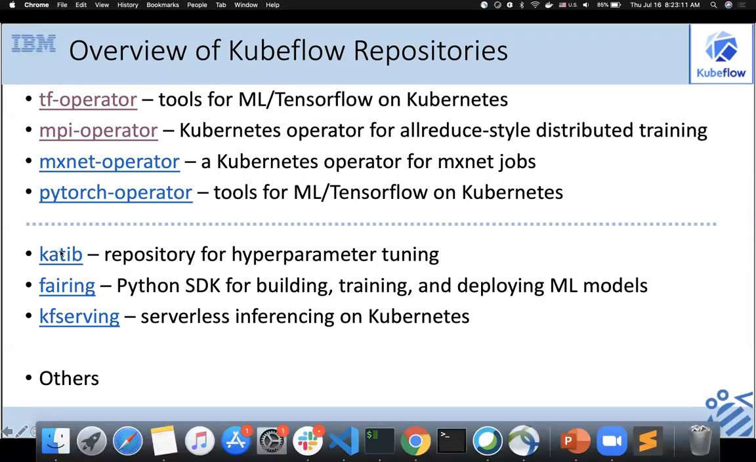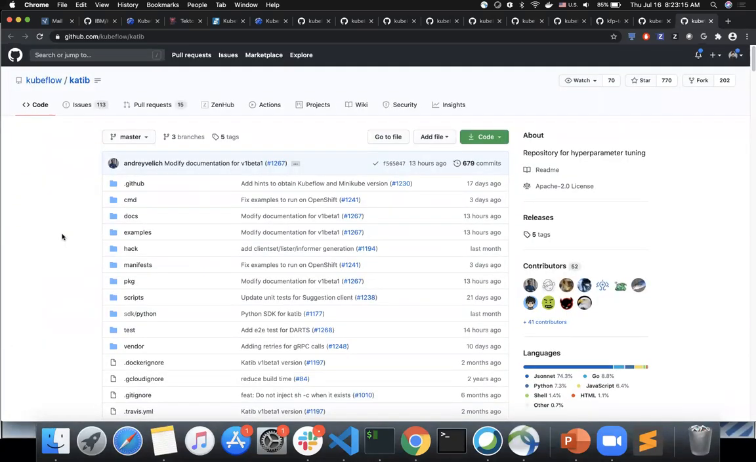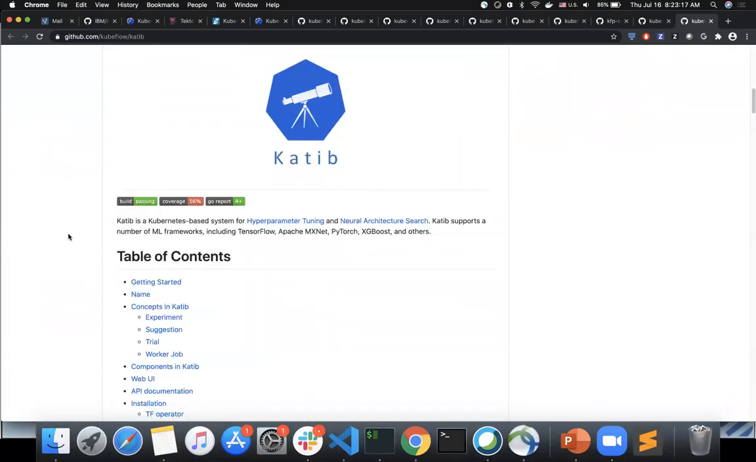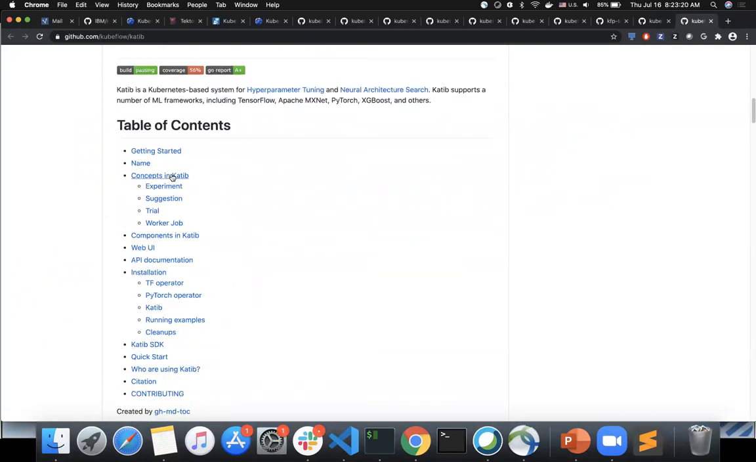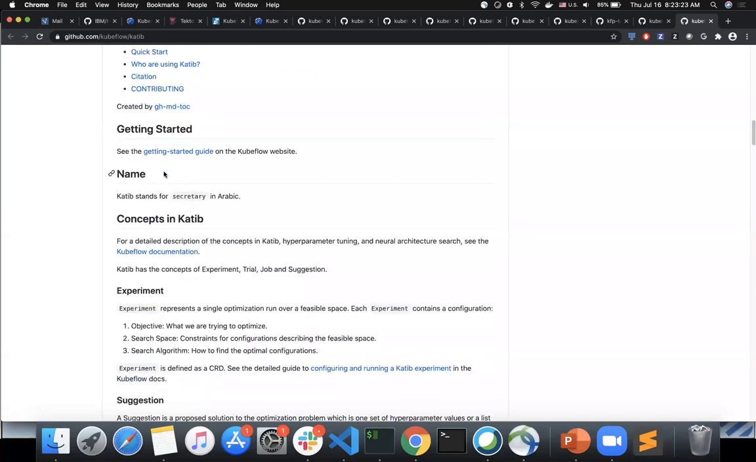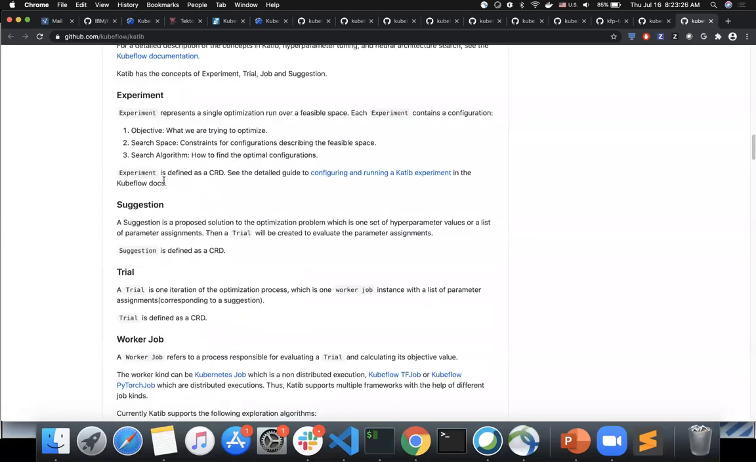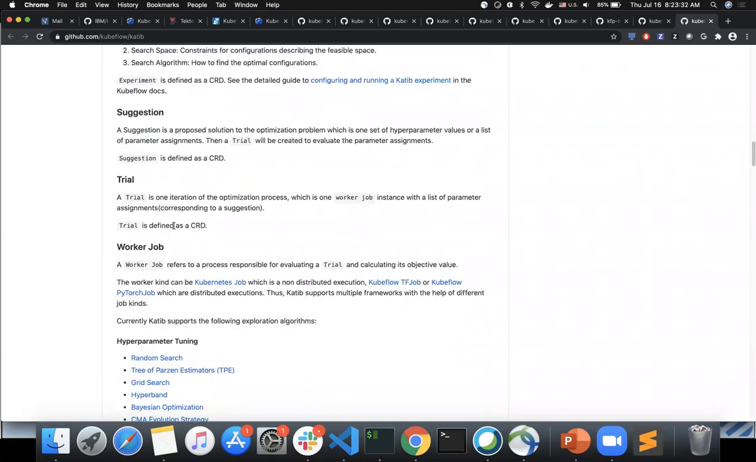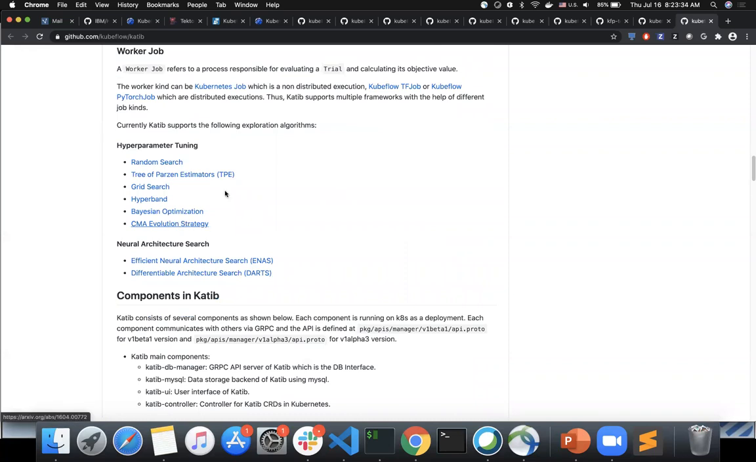So if you take a look at Katib, the main page, you probably will see how you could do different experiments on here, and they explain some of the concepts under Katib, such as experiment, suggestion, and trial. And underneath, you could see a list of algorithms and how they work